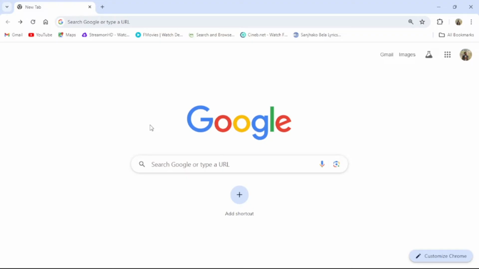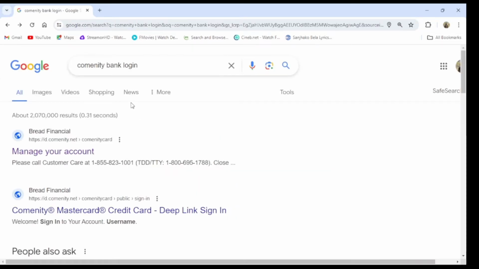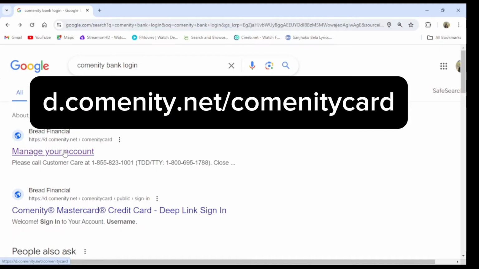Today in this video I'm going to show you how to log into your Comenity Bank account. To do so, follow some simple steps with me. First of all, go to your browser in the default search engine. Then search Comenity Bank Login. Then go to Manage Your Account or